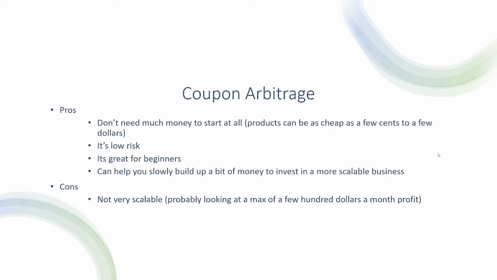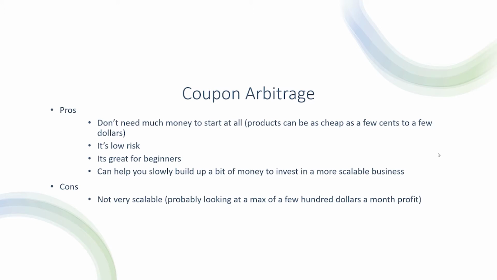So some pros of coupon arbitrage are that you don't need much money to start at all, obviously, because products can be as cheap, like I just showed you, as a few cents or a few dollars, right? It's relatively low risk because you're not spending a lot of money on these products initially. And obviously it's great for beginners because of that, okay? And also it can help you slowly build up a bit of money to invest into a more scalable business,